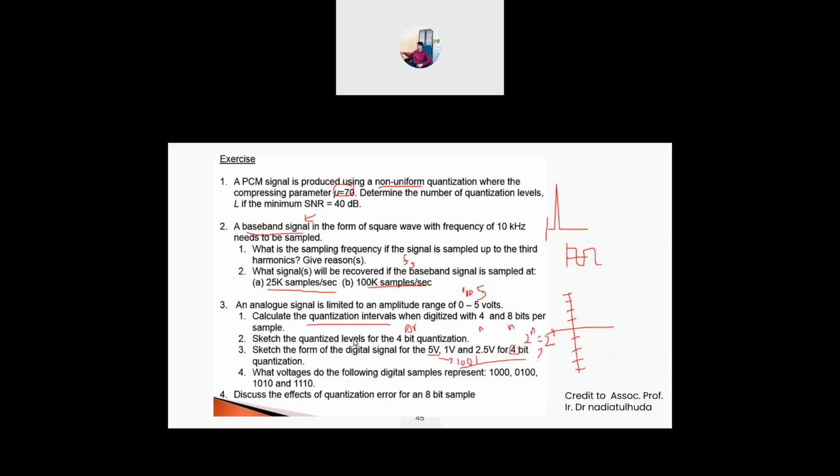What voltage do the following digital samples represent? Okay, so 1000, 0110, 100, 1110. So this one is for analog 0 to 5 volts. Okay, what voltage do the following digital samples represent? So this one basically is how many